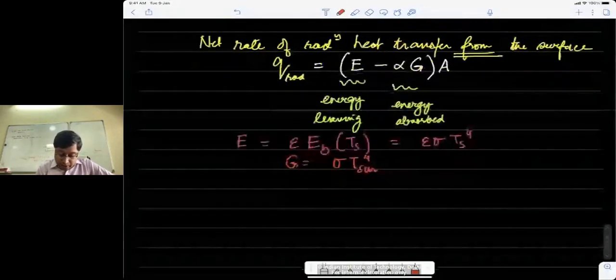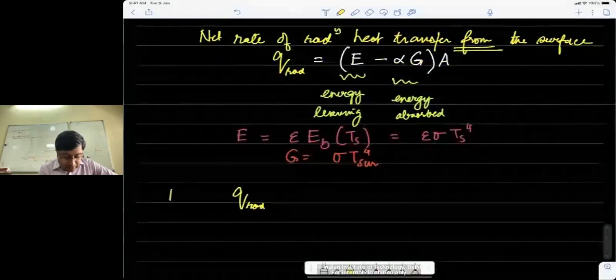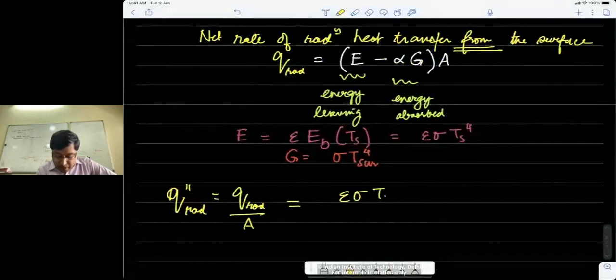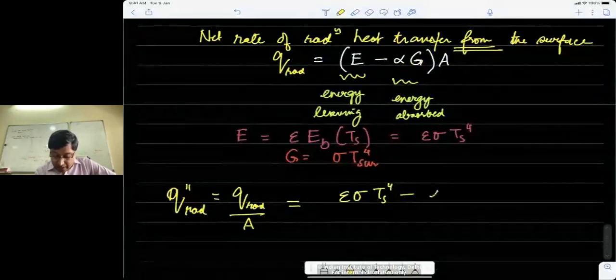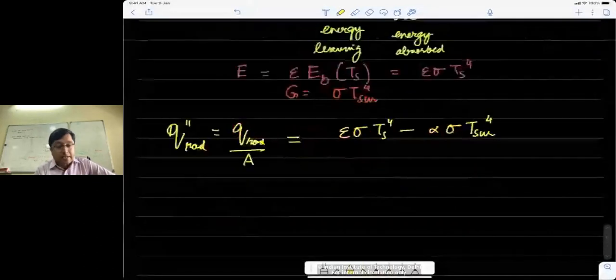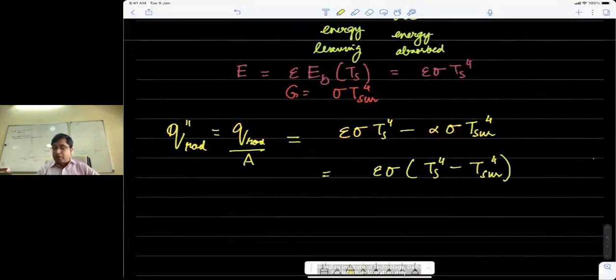Now if I write this equation for Q radiation, let me write the flux, in fact. So Q double dash radiation, which would be Q radiation by A, will be epsilon sigma Ts to the power 4 minus alpha sigma T surface to the power 4, except alpha is the same as epsilon because I said it's a gray surface. So we can write this as epsilon sigma (Ts to the power 4 minus T surface to the power 4). So that is the flux